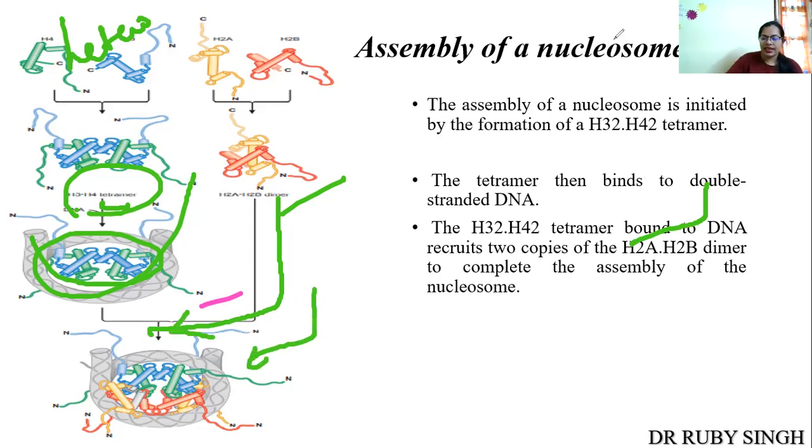So let me make it clear again. So what happens over here is that first your H3, H4 heterodimer is formed. H2A, H2B dimer is formed. Now H3H4 heterodimer forms the tetramer. DNA wrapping starts, and now this is going to bring your H2A, H2B. Now this is brought. Now once this packing is being done, at that time another dimer of H2A, H2B is brought together. Now once this total octamer comes together, the DNA completely makes the interaction with the histone proteins and gets tightly packed. Okay, I just hope this is clear because this is really important.